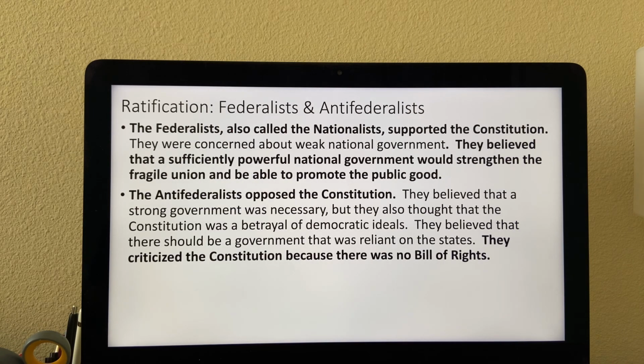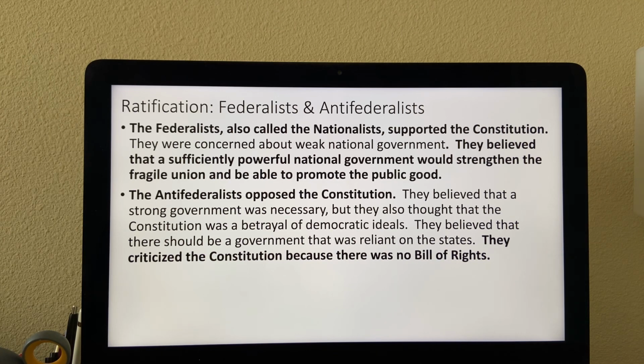So there were two groups of people. We're into ratification. There were two groups of people who were concerned about the state of the Constitution. The first would be the Federalists, and they're often called the Nationalists. They supported the Constitution. They were concerned about having a weak government, and they did not want a repeat of the Articles of Confederation. And so they believed that we should have a sufficiently powerful national government